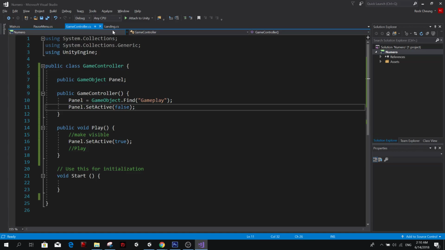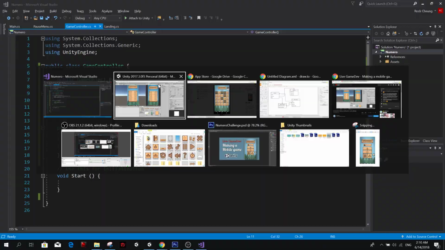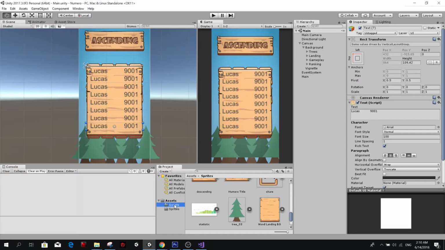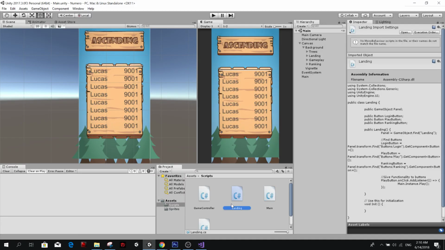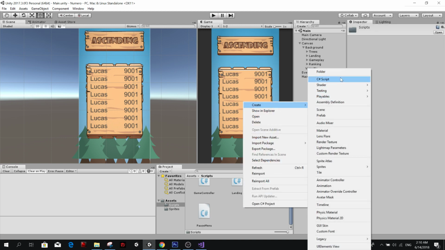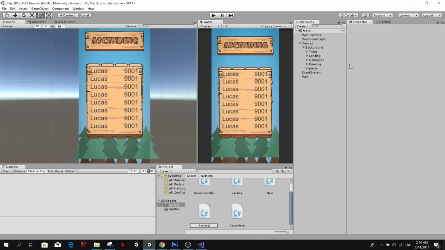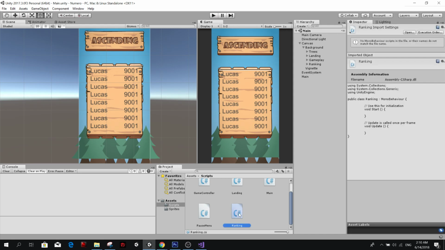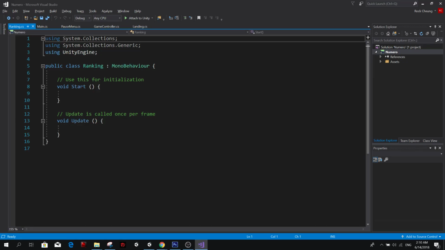So here again, ranking. We need to get that script. Do we have it? We don't have it. So create C# ranking. Ranking later is going to get the information from the server, of course.